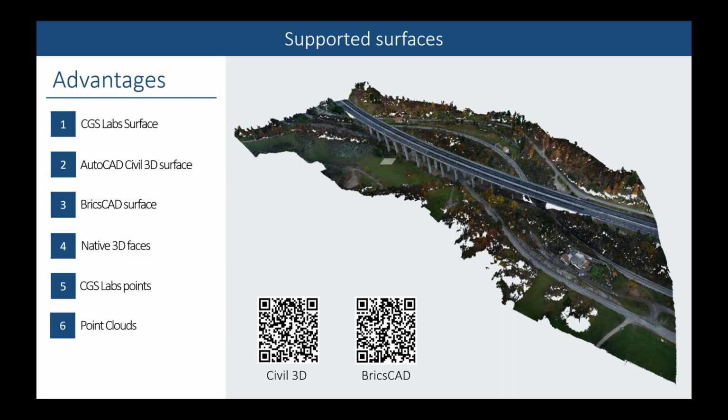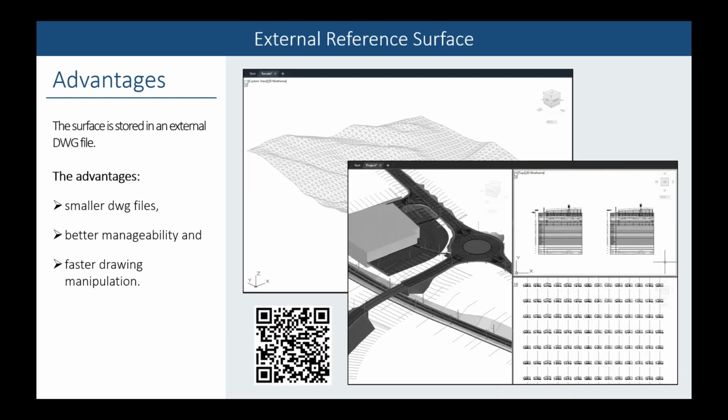The process of creating a surface from a point cloud is slightly different when using Autodesk Civil 3D compared to BricsCAD. So we have prepared 2 tutorials on our knowledge base. So if you are interested, please scan this QR code and download the instructions. On the CGS Labs knowledge base, you can also find other tutorials, both simple and complex. In addition to the possibilities I have just mentioned,